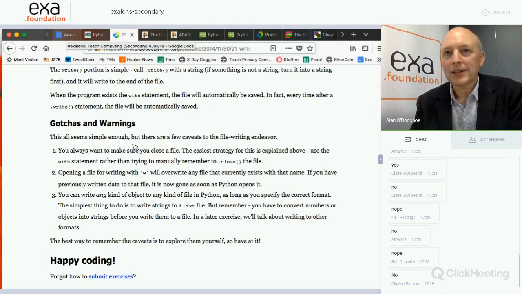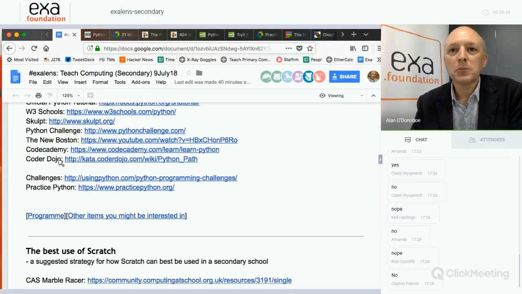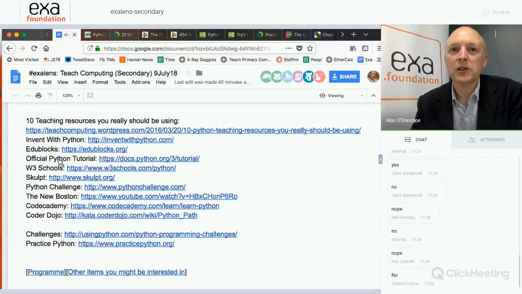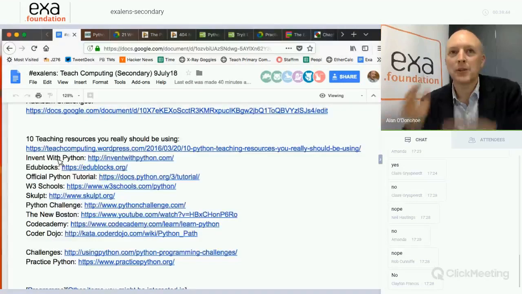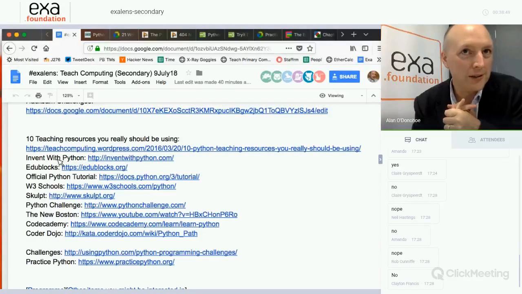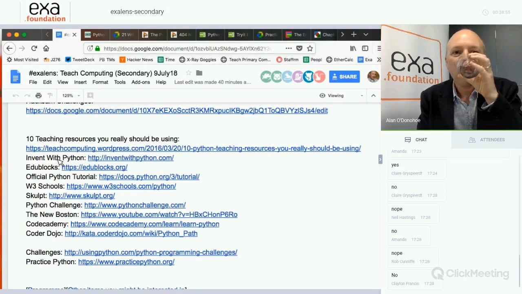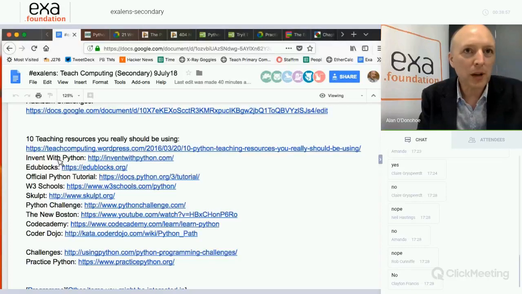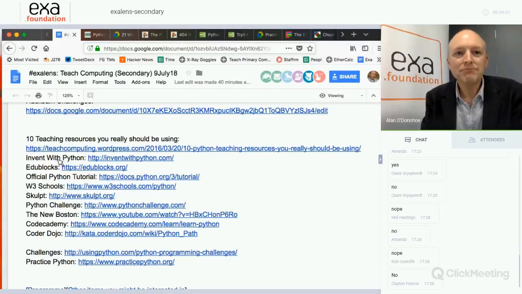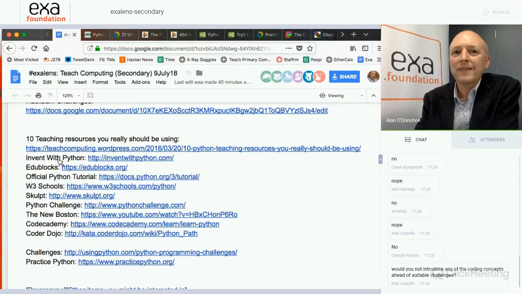My head and my heart tell me that that is a much more sustainable way of teaching children how to solve problems using a text-based programming language than simply pointing them at a tutorial. What do you think? Do you think I'm right, or do you think I'm wrong? Are you brave enough to tell me I'm wrong? I'd love you to if you think I am. I can see Rob is typing something in the chat. What about you, Neil, Claire, Amanda? Do you think?